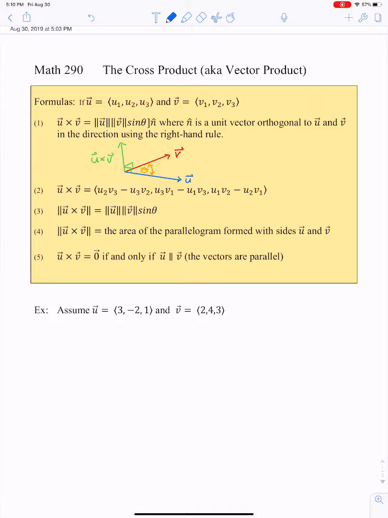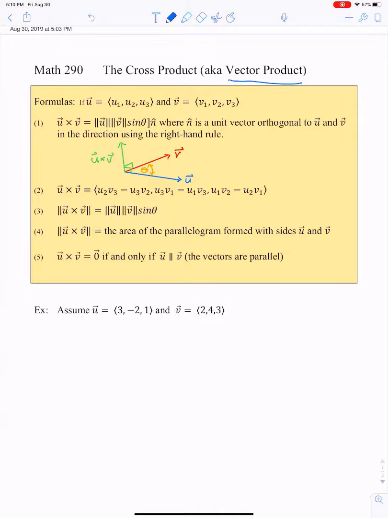Hi everyone. The purpose of this video is to investigate a little bit about the cross product. The cross product is the second way that we can multiply two vectors, the first way being the dot product, which hopefully you've seen in previous videos or you recall from class. The cross product is also known as the vector product, meaning that if you multiply two vectors, you're going to